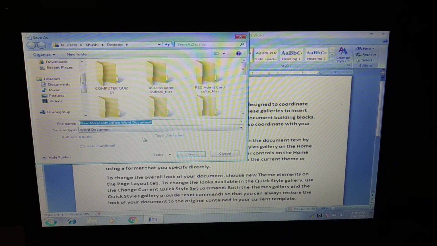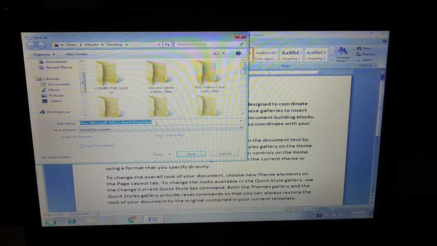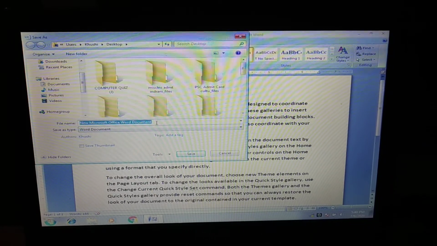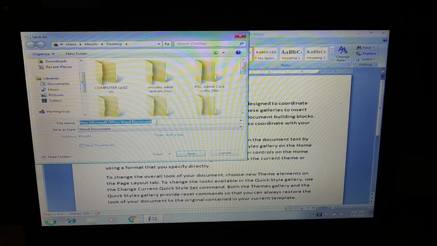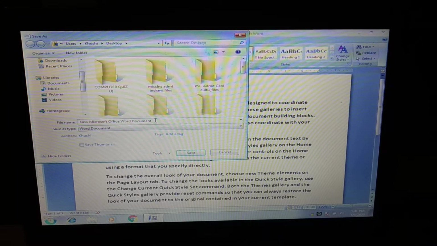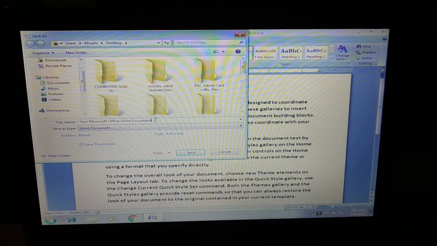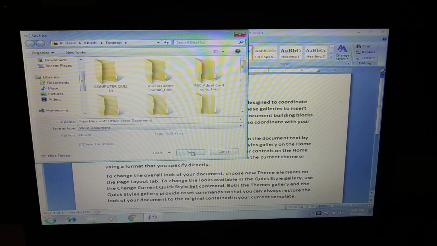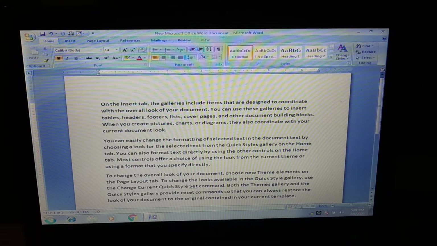My original is this one, and without deleting that, if I want to save it by a different name, then I can use save as option. So here you can type, already something is typed, you can type some other name also and then click on the save. So it will be finally saved.